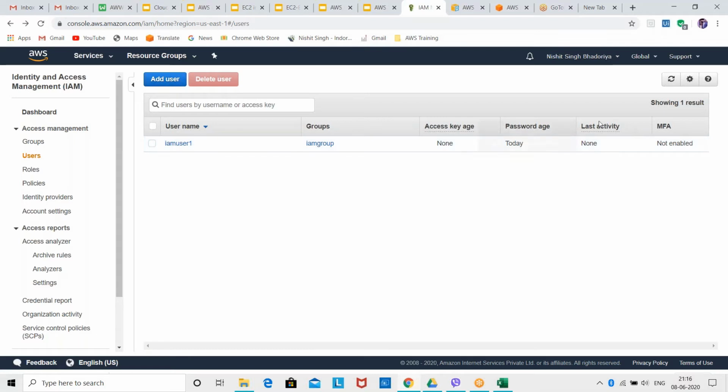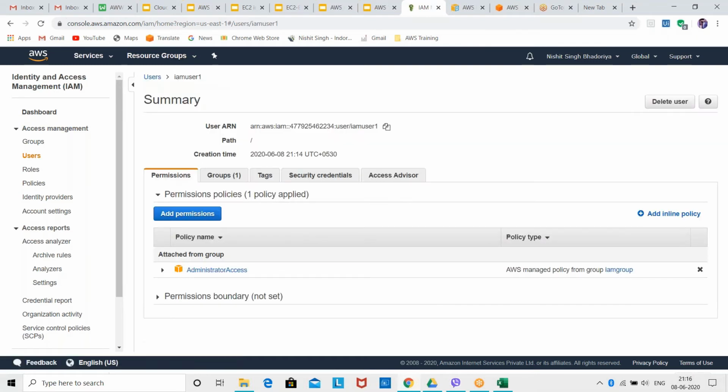I can also activate MFA on this IAM user, but I have not, so MFA is also not enabled.